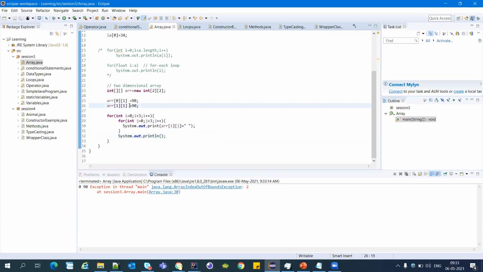Here we have a size of 2, meaning indexes 0 and 1, but we are trying to reach the second index, j of 2. Then we get the array index out of bound exception, when we are trying to reach out of bound of that array.